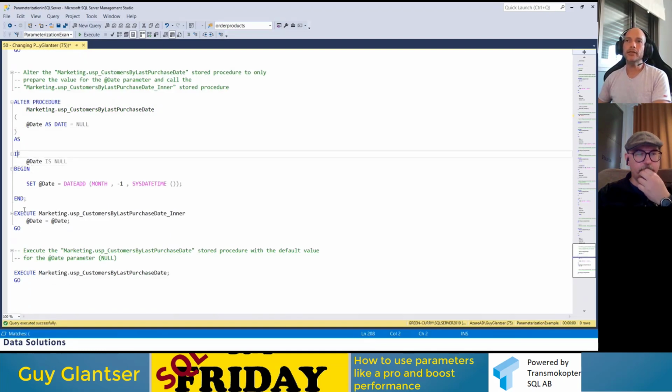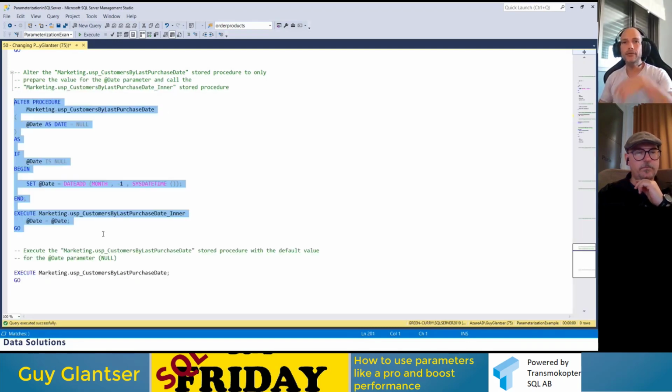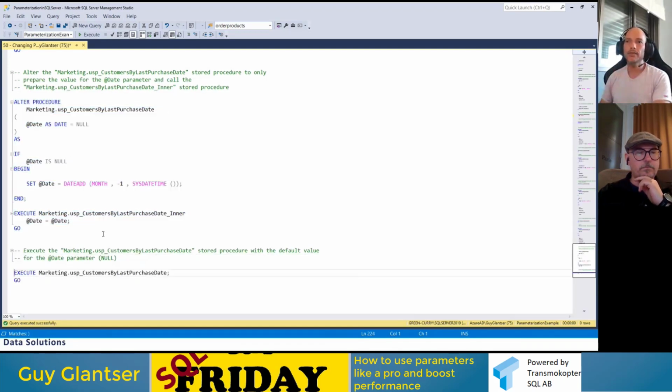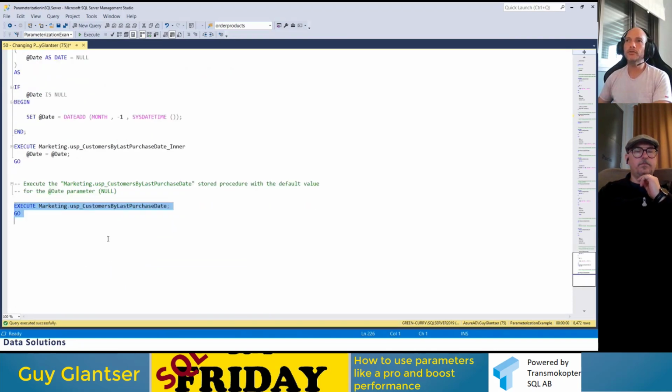But after the if, instead of just running the query, I'm executing the inner stored procedure and passing it the value of the parameter after the change. And this inner stored procedure also has parameter sniffing, but this time with the correct value. So this is another way to solve the problem without having to recompile every time. So as you can see now, we get the correct estimation. Okay, so those are some options to solve this problem.